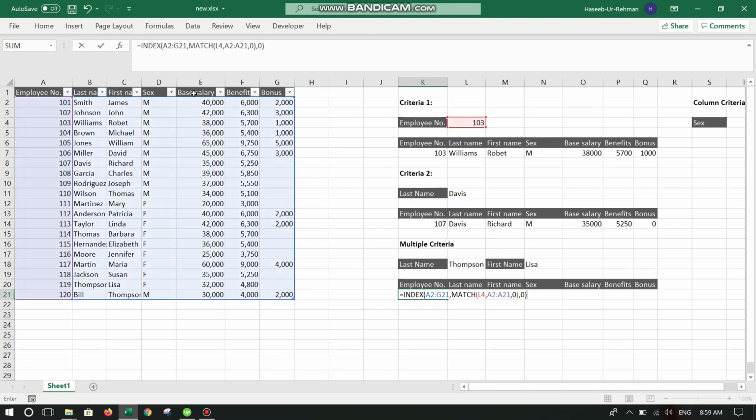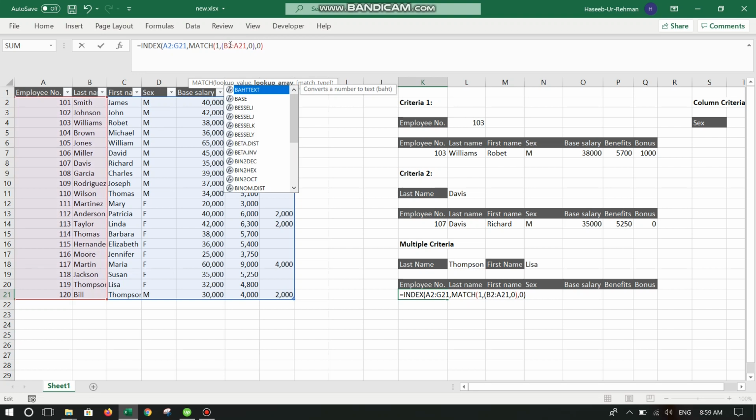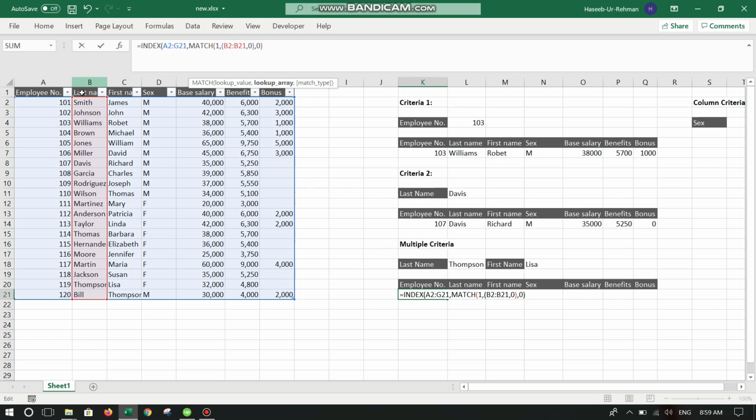Here the array remains the same, but in the match condition we would find the value 1, because we are using a condition here. We need to select B2 to B21, the last name range, which must be equal to this